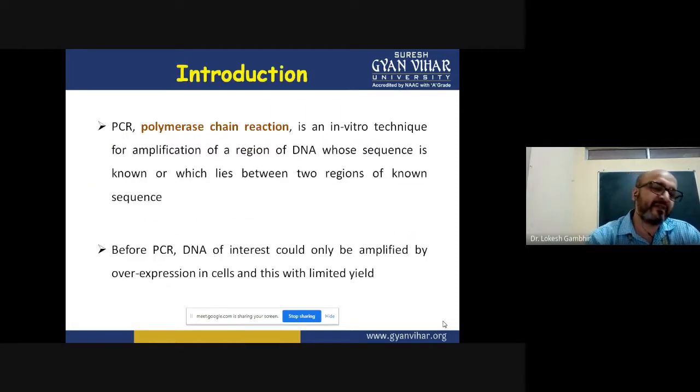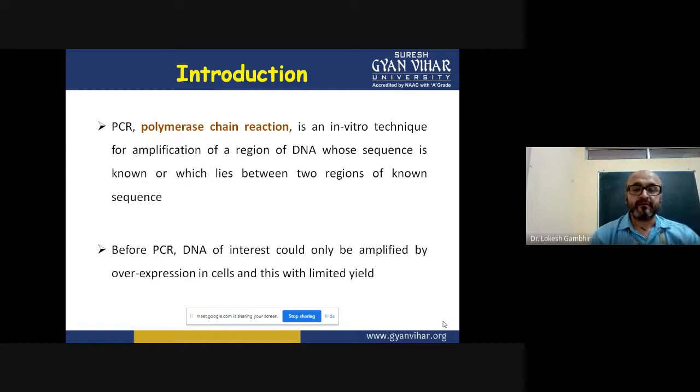So let's begin with the very basic PCR properties. What is polymerase chain reaction? When we are talking about polymerase chain reaction, you have to understand that we have a double strand DNA. My job is to amplify that double strand DNA, and by amplify I mean I have to increase the number of copies of that double strand DNA. The new DNA being formed, the amplicons, should be the exact replica of the parent double strand DNA, and that particular process of in vitro amplification is called PCR.